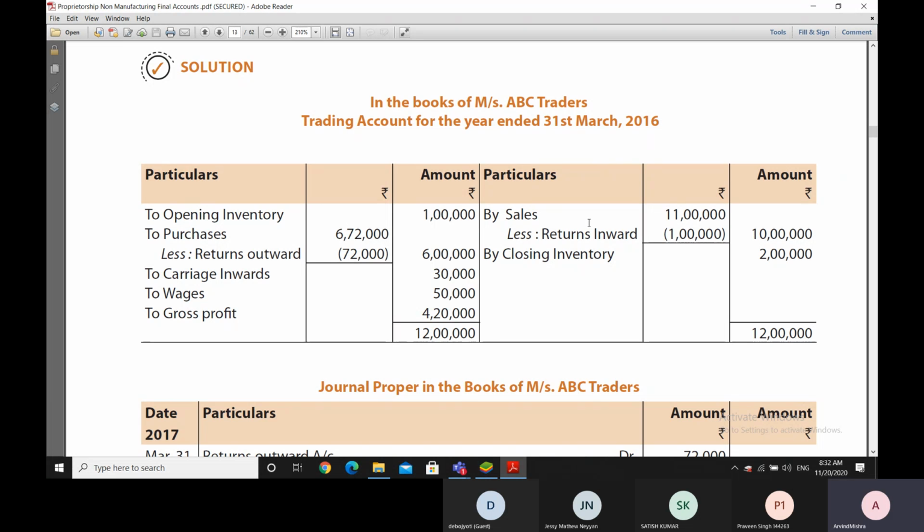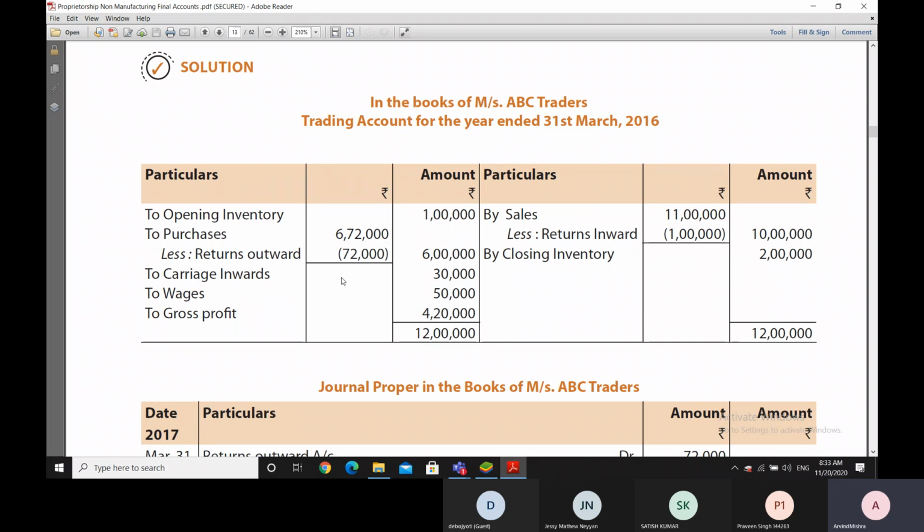And we put the sales on the credit side, and from the sales we will reduce the sales returns. Sales return is the same as the return inward, so we'll reduce the sales returns while taking the cost of goods sold. We add the return inward to the opening inventory, etc. So we reduce the sales returns and we put the closing inventory on the credit side, and opening inventory is on the debit side, purchases is on the debit side. From the purchases, we reduce the purchase returns, and